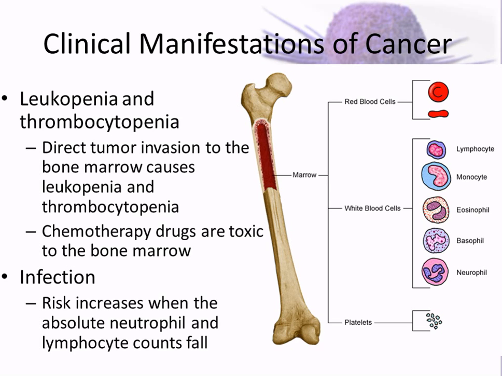All right, next one, this goes right along with the anemia: leukopenia and thrombocytopenia. When you see these penias, it's talking about a decrease. What would leukopenia be? Decreased white blood cells, and thrombocytopenia would be decreased platelets, which are thrombocytes. And if you remember, the easy way to keep this in mind is that all three of those are referred to as the blood cells, right? So if you're affecting rapidly reproducing areas like the bone marrow, all three of these get turned down.